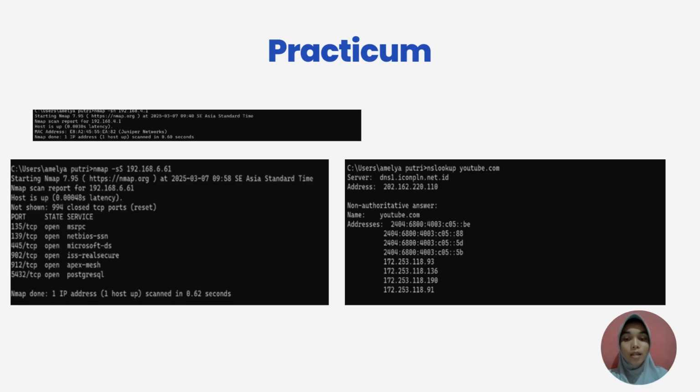The next step is to enter the nslookup command according to the domain that we will try. This time I tried using youtube.com. In the picture above, I try the NS query to get the domain of YouTube.